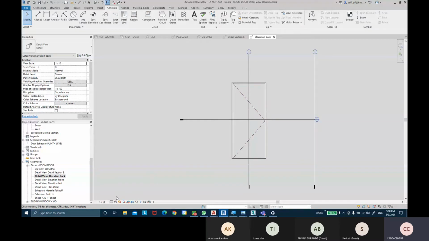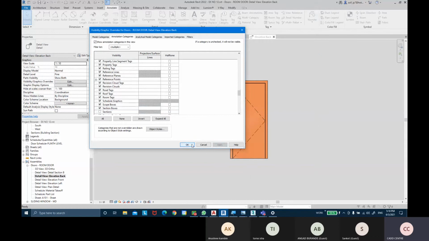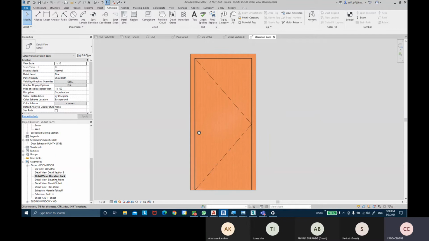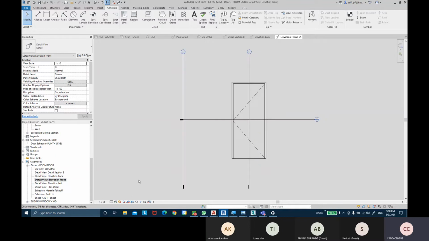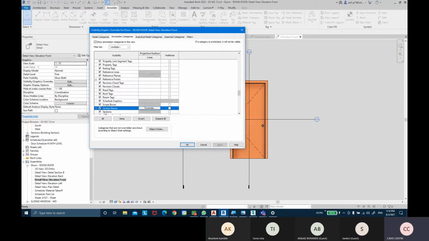This is the back elevation, visibility graphics, annotation category, sections. You can come for the front as well, fine details, realistic, visibility graphics, annotate category.